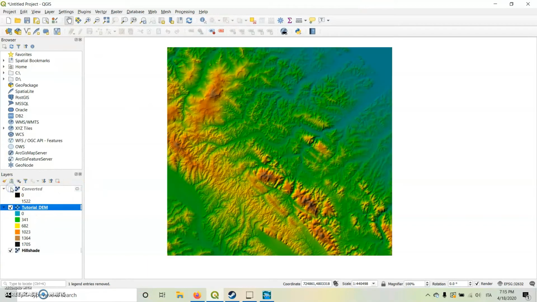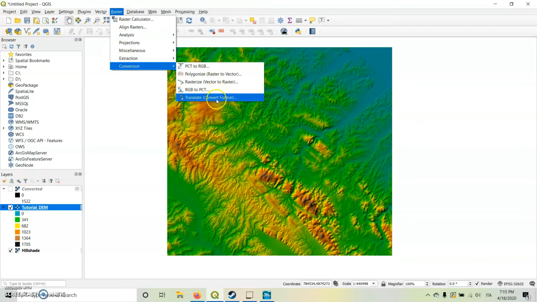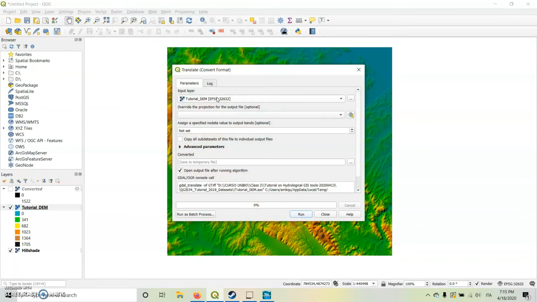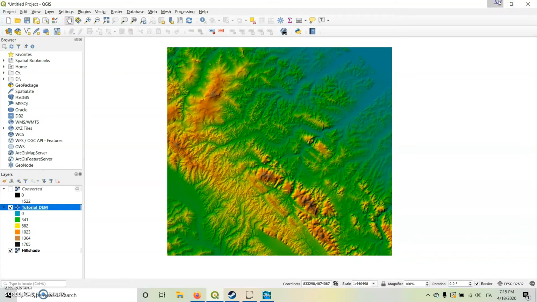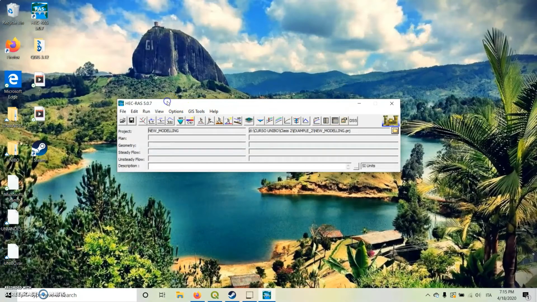I hope from the previous video here my raster. Come here, raster conversion, and translate. Search for the raster file, and it will automatically change the raster into a TIFF file. So I have it already. So I will come here, and the next step into these tools, RAS Mapper,